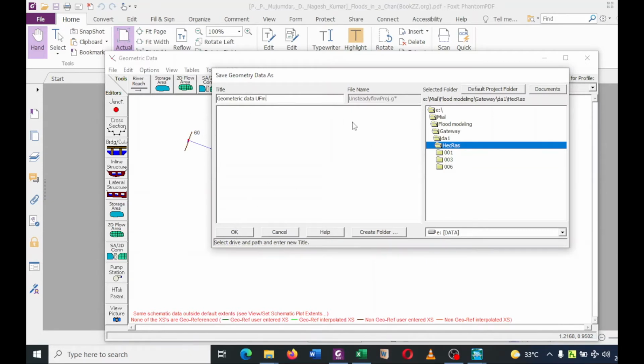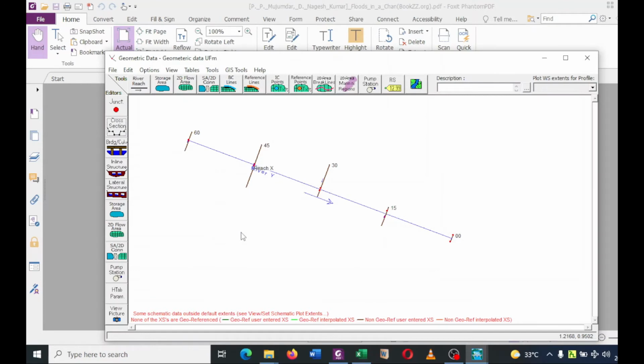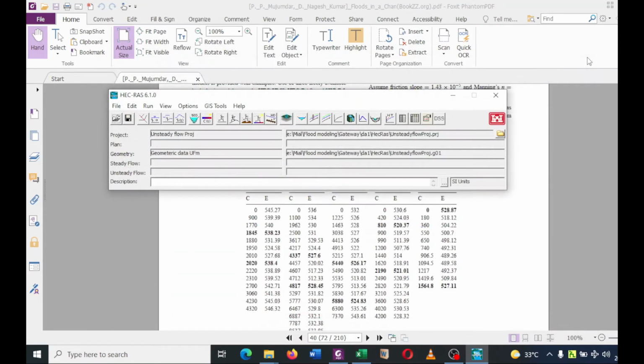Say okay, here the file name is in this one, this is the title. Okay, then close geometric data,